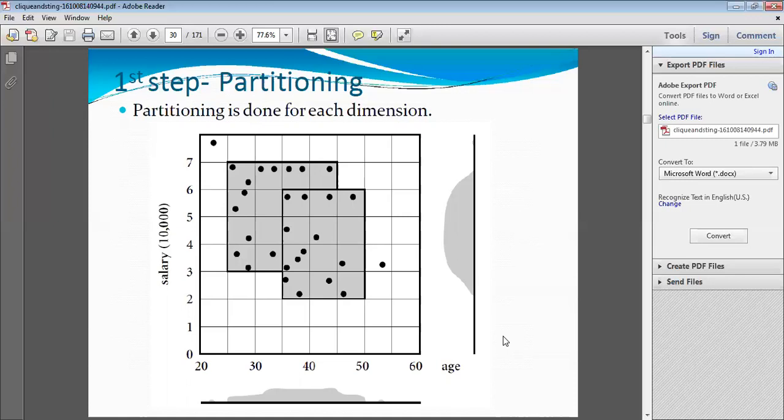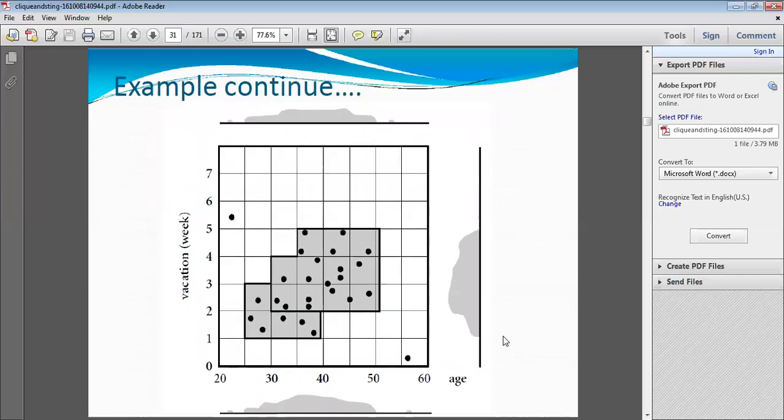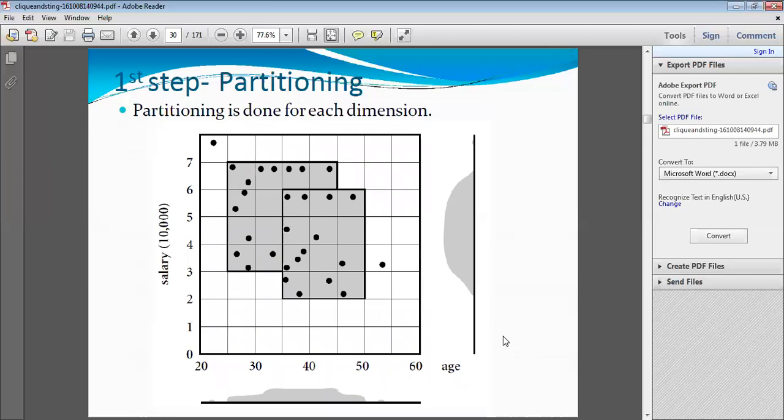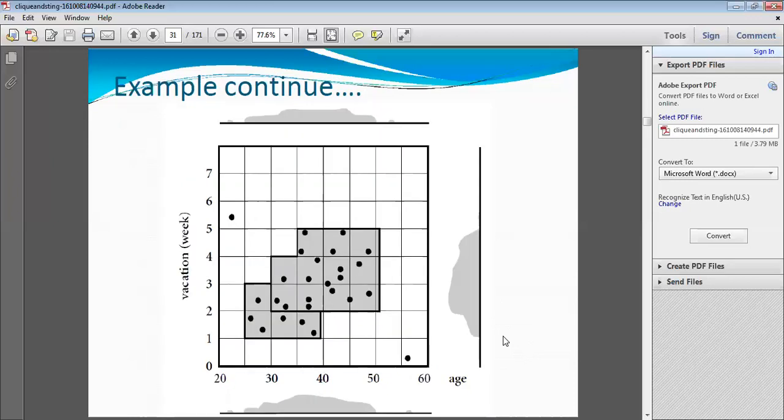And suppose now we are taking the third dimension, vacation and age, then the clustering projection is as shown in the diagram. Here we are seeing that the 2-dimensional projection in salary and age is different from the projection of the same data in vacation and age. These two are very different, and if we want to know the 3-dimensional projection, then what we do,